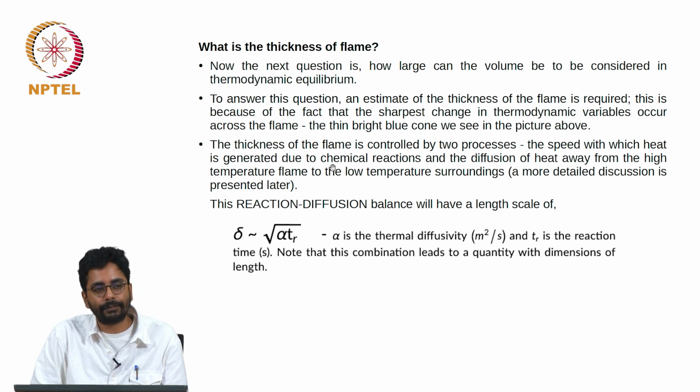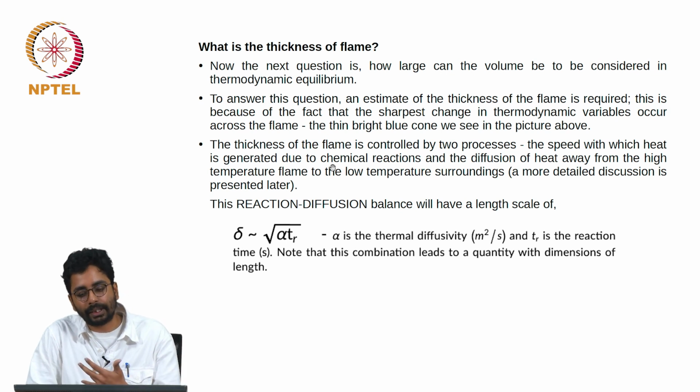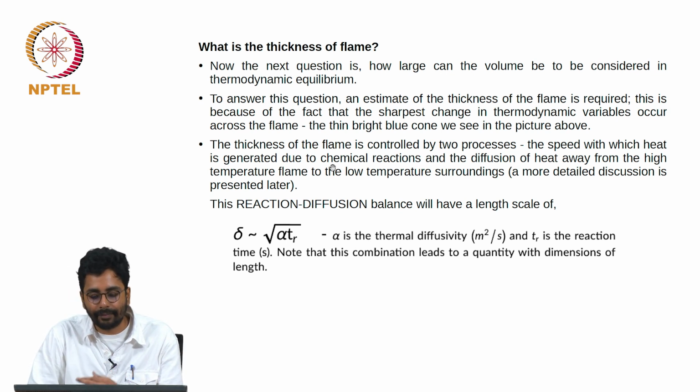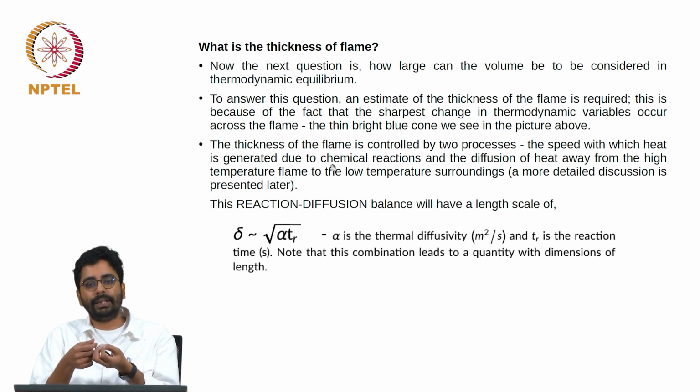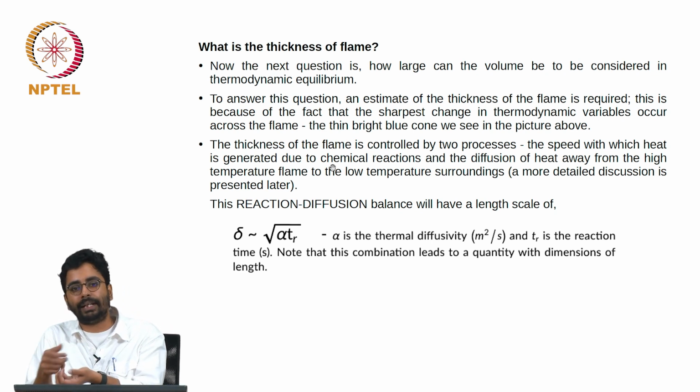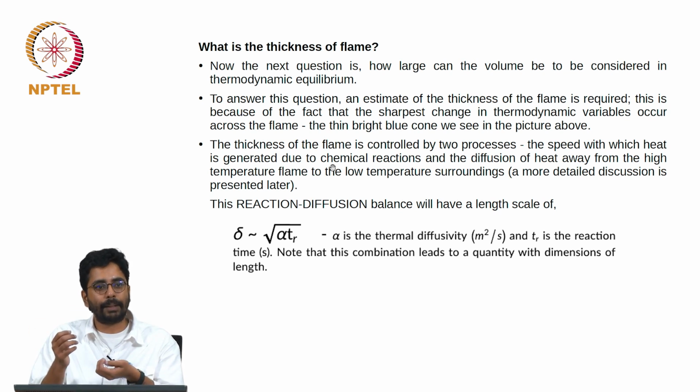The thickness of the premix flame that we are looking at is controlled by two processes. One is the speed with which heat is generated due to chemical reactions, which raises the temperature in that domain, and the other process is the diffusion of heat away from the high temperature flame to the low temperature surroundings. What I mean by that is, remember that when you set up the experiment in a lab, you have a steady blue flame, and if you measure the temperature of the flame, it does not change with